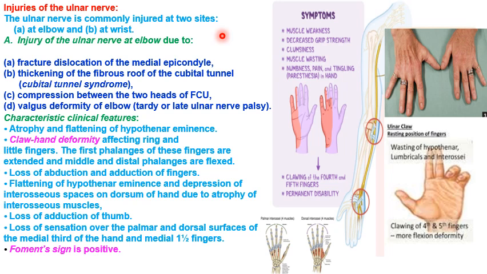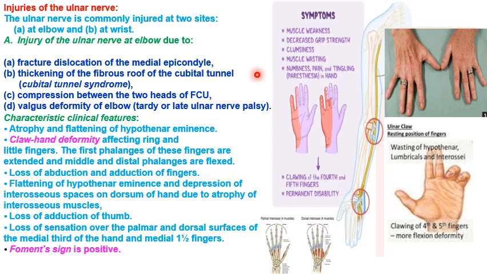If we see the features of ulnar nerve injury at the elbow, which is due to these factors which we just now said, the fracture and dislocation of the medial epicondyle and upper end of the ulna as well, cubital tunnel syndrome, compression between the two heads of flexor carpi ulnaris, and valgus deformity where the carrying angle is